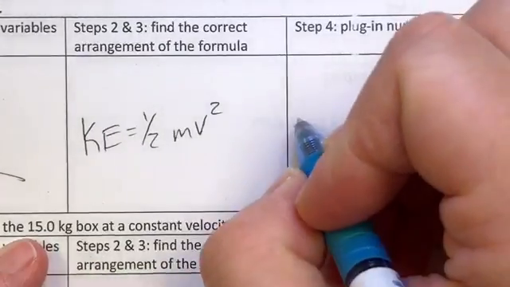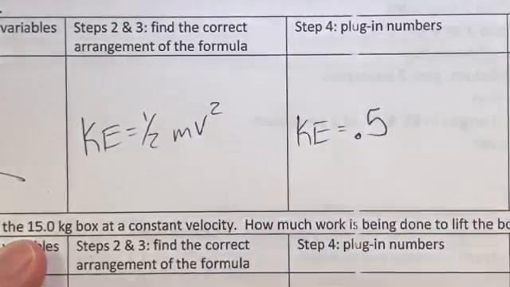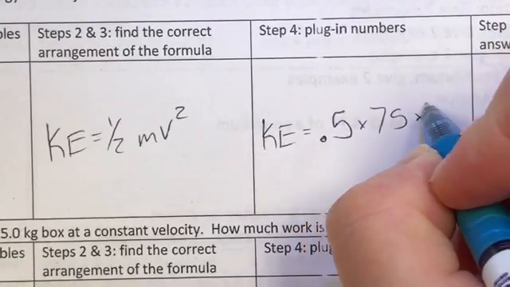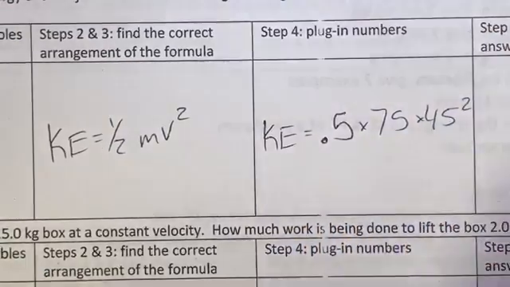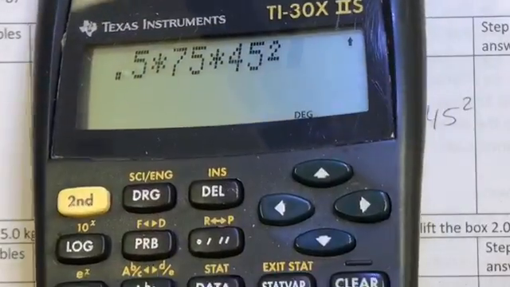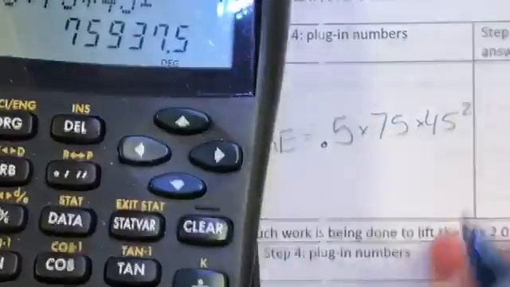So plug in numbers, kinetic energy. When I punch in the calculator, instead of putting 1/2, put 0.5, multiplied by the mass, which is 75, multiplied by a velocity of 45, make that 45 squared. You can punch it in just as it appears there into your calculator. Your calculator knows order of operations to square that first before it does anything else, and you get this number,